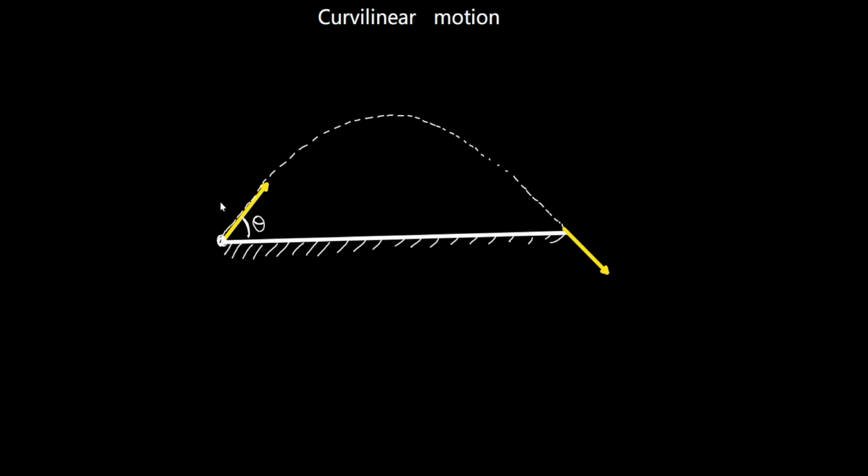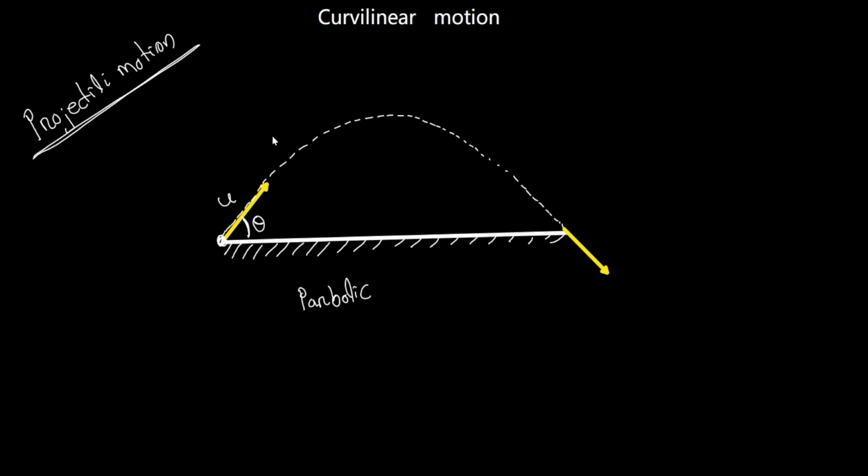So if the object is thrown at a velocity of u, making an angle theta, this will be the path of the object. This path is called a parabolic path. It's not a circle. And this motion is known as projectile motion,